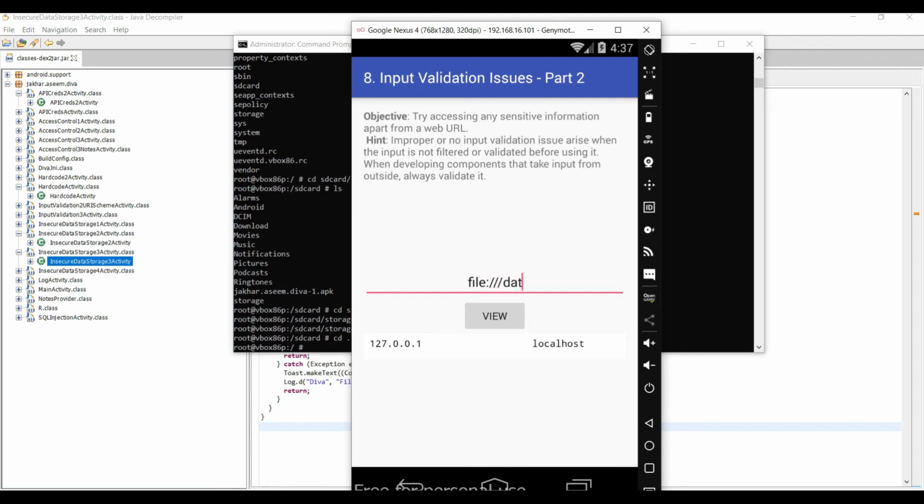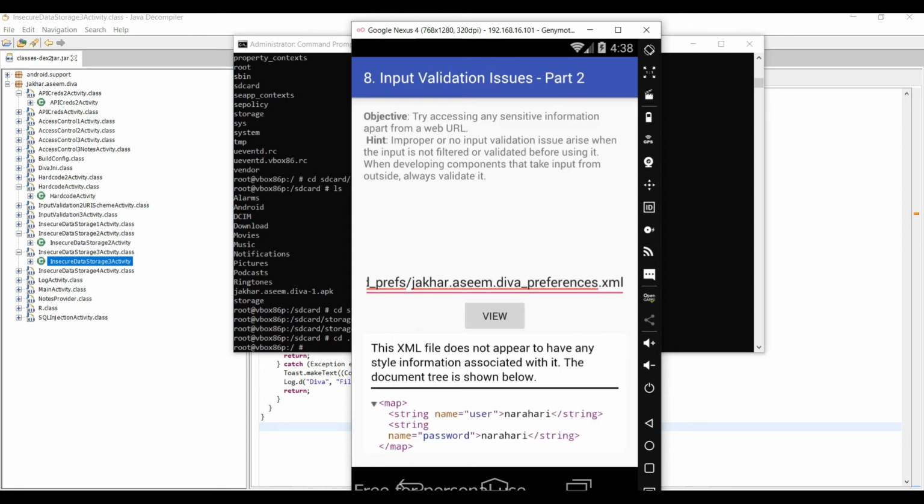We will see the data. See here, you can see the username and the password.